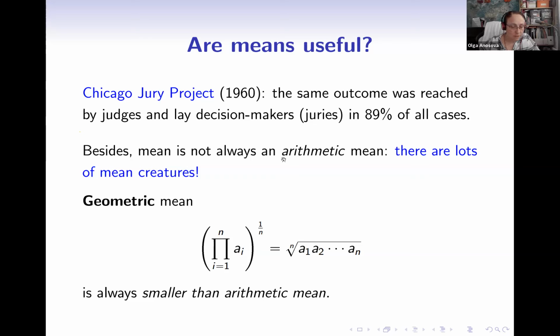And also, please remember that there are different types of means, and if dealing with some kind of special method, be careful with what kind of mean is meant behind it. Quite recently, I faced two different models which consistently produce different results just because one was based on arithmetic mean and another one was based on geometric mean. So please remember that the word mean has different meanings.